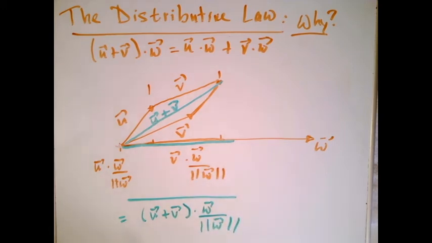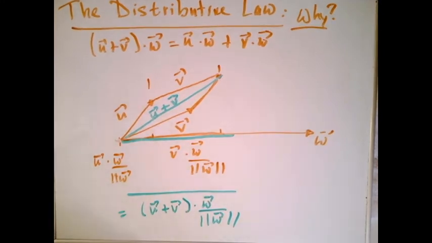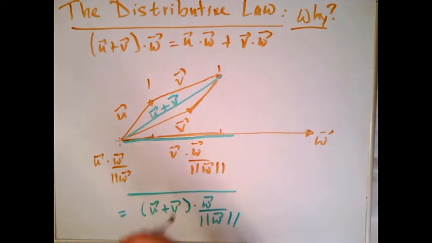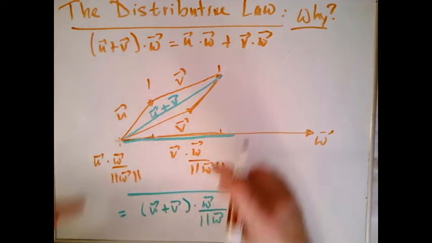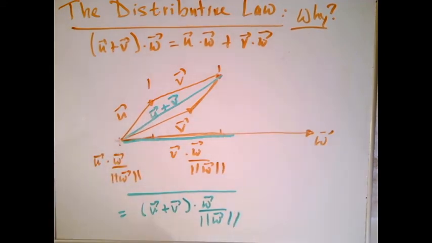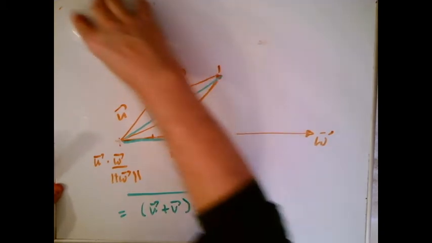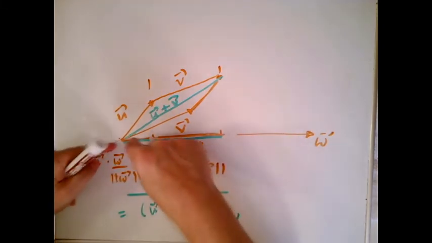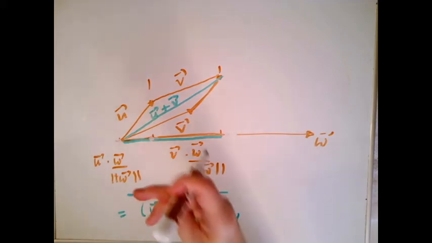So that's what we have so far: this little length right here is U dot W over length of W. This length right here is V dot W over length of W. And the big long green distance is U plus V dot W over length of W. Now we don't have a distributive law yet, but what we do have is what the picture gives us. Ready? This little length plus this medium length is clearly equal to that whole length. So just looking at lengths,